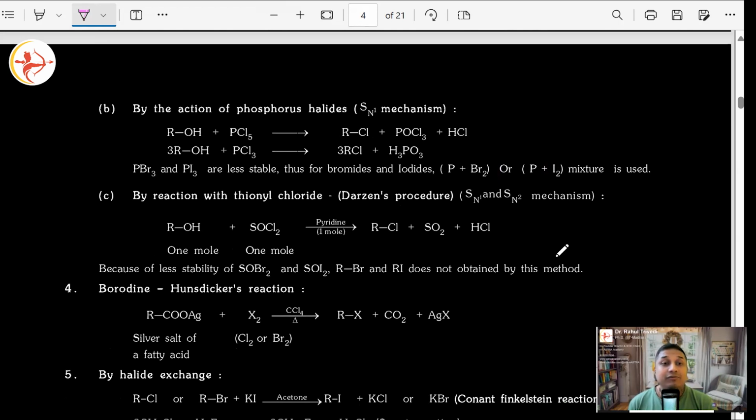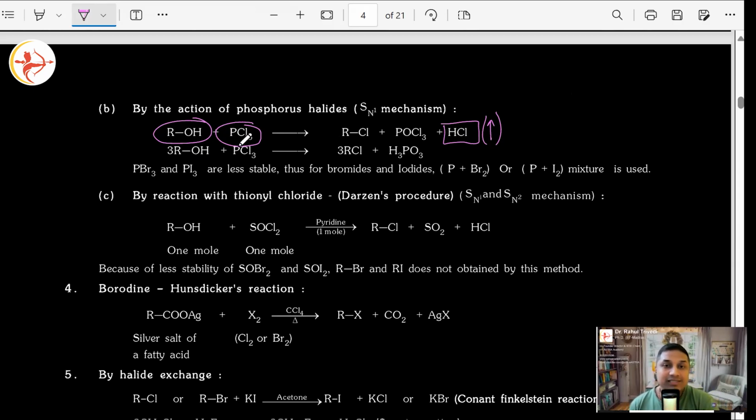Okay, phosphorus halides. We have already seen what type of test PCl5 gives, a test for OH group. Yes, alcohols also will give a positive test. Why and how do you test it? The HCl fumes are given off. Is this clear? Whenever you take an alcohol and react it with PCl5, it will produce RCl, phosphoryl chloride, and HCl fumes. Toxic fumes will be given off, which you can test by bringing ammonia fumes close by. You will get white fumes of ammonium chloride. Yes or no? That's one way of testing it. Because we can test it, this is a proof for a group containing OH.